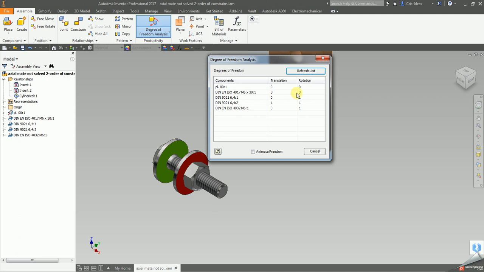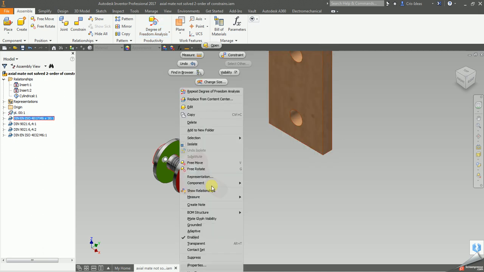There is nothing special about the bolt that should make it favorable by the solver to assign 6 degrees of freedom only to the bolt. So all of those components in context of top level assembly, they can do whatever they want. So they should have 6 and 6 degrees of freedom, and it is only then if I apply some top level constraint to anything, let's say I will ground that,